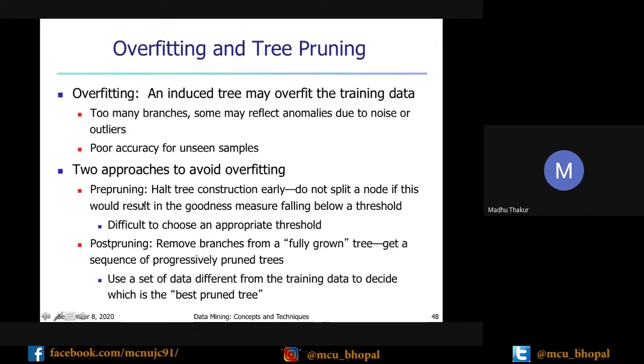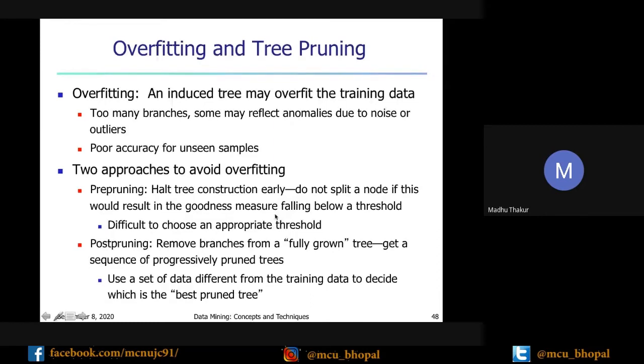So what is pre-pruning? Halt tree construction early. Do not split a node if this would result in the goodness measure falling below a threshold. What they are saying is, you can choose some threshold value, and at every point of construction, you can calculate the threshold value.